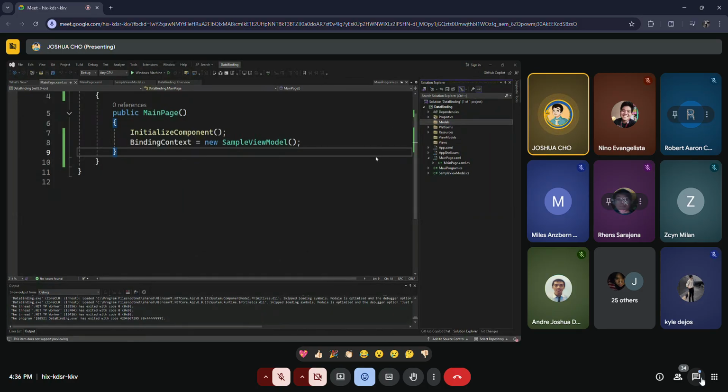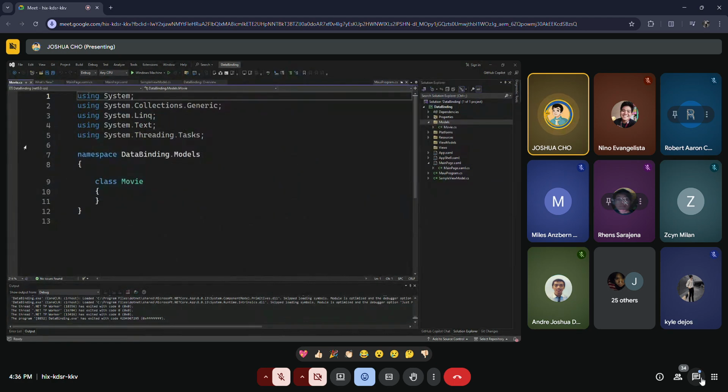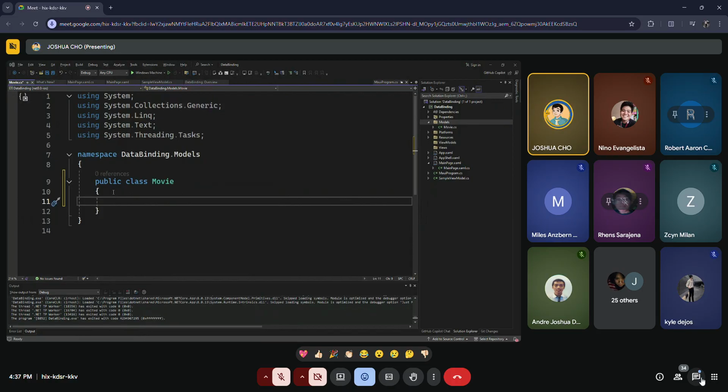So add class na siya. We'll name this class as, for example, like movies. No? We will store data for movies. Movie na siya. Basta class gani singular. Okay, we will create a collection of movies pa man later on.